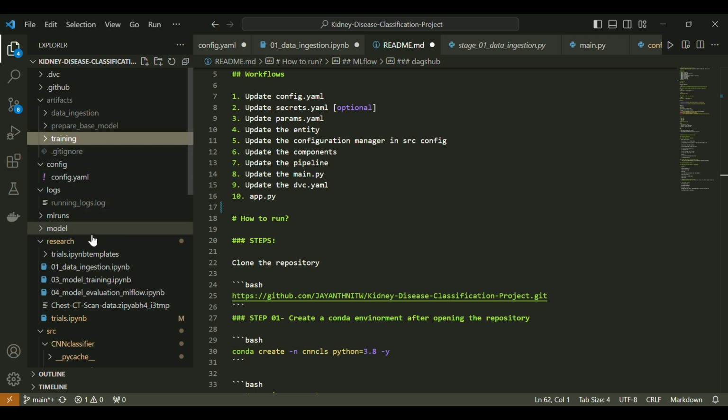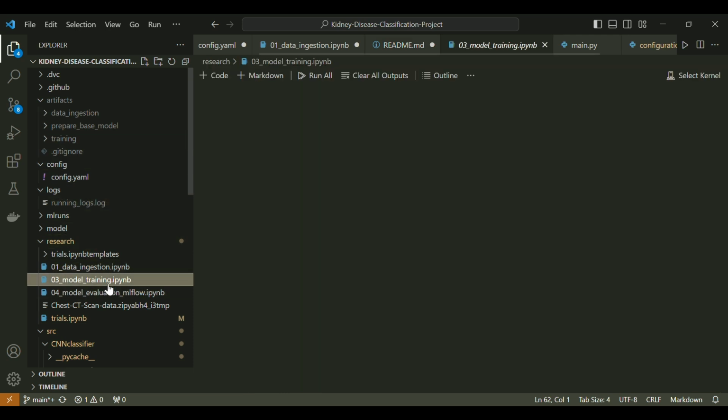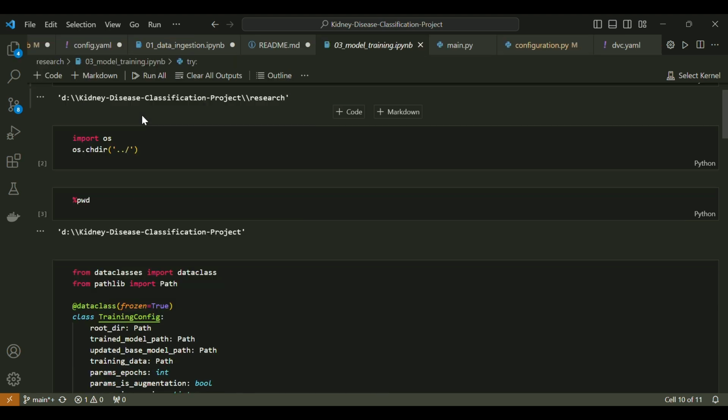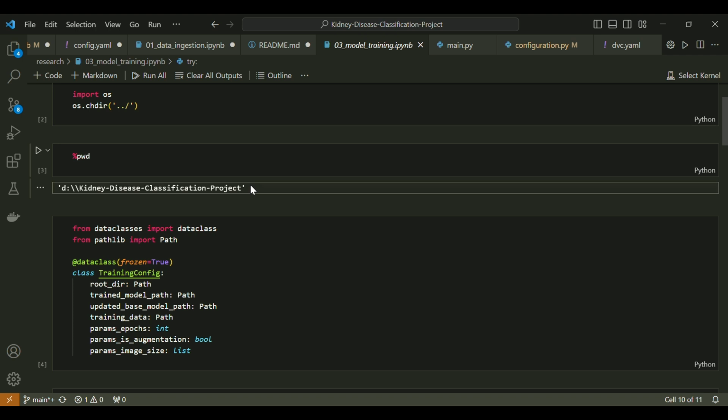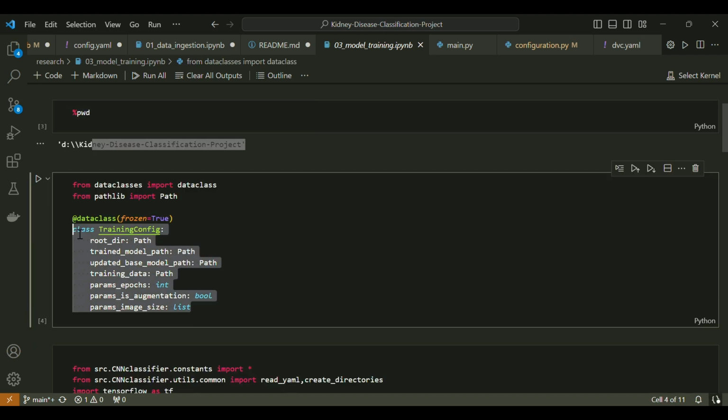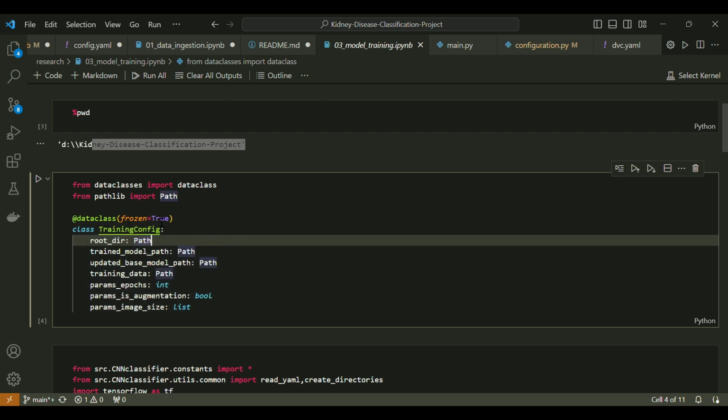First we have to do research. For research, let's go to what I have done here. Let's go to the research part. Again the same code. Again I just redirected to my project. Now again I have created the entity. See, we can see the entity. First, why have I made this entity like this? Because in my